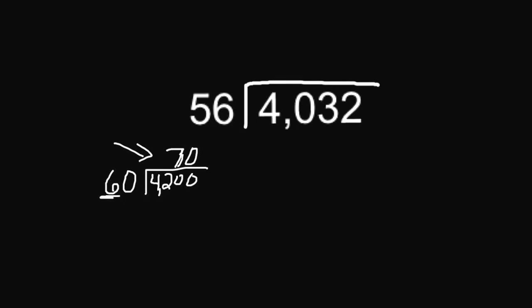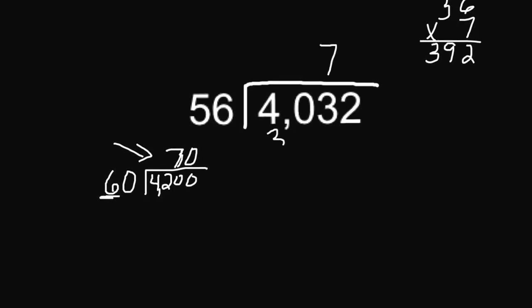In fact, I'm going to try 56 times 7 and see how close it is to this 403. Might be too high, but we're going to give it a try. 42, 35, is 7 times 5 plus 4 is 39. That's perfect. Notice my 7 goes right over the 3, and I put 392 right lined up underneath the 403,